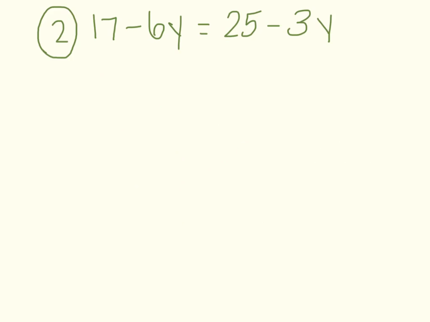In example 2, we are still solving a linear equation. For this one, I need to combine like terms, so I need to combine the 6y and the 3y. When I'm solving equations, I like to move over the term that will give me a positive number, so I don't have to deal with negatives. So in this case, I'm going to move over the 6y. So I'm going to add a positive 6y to both sides,